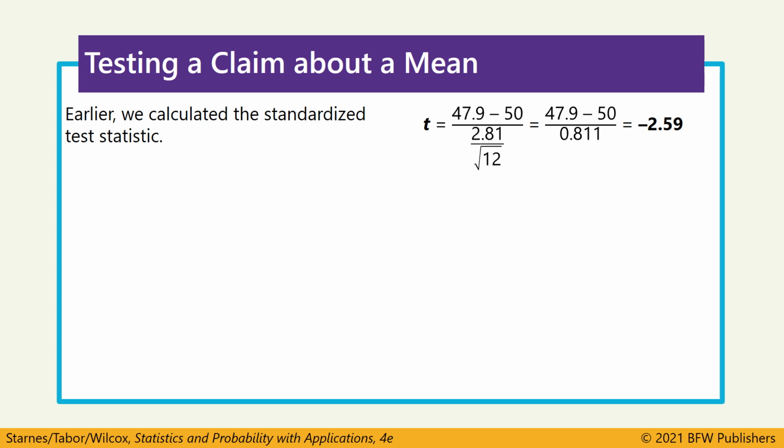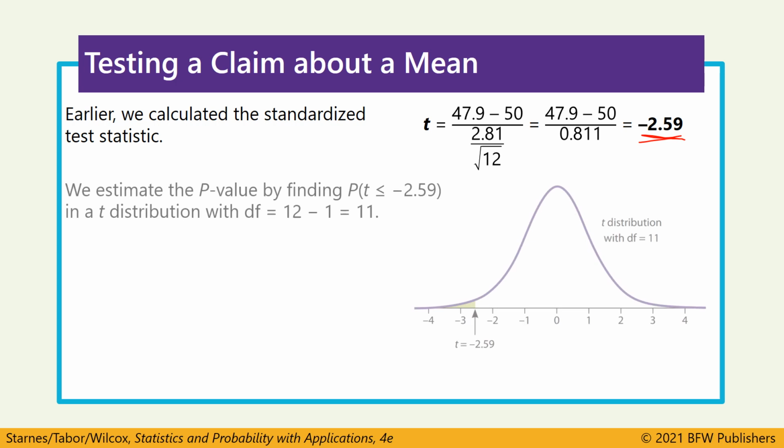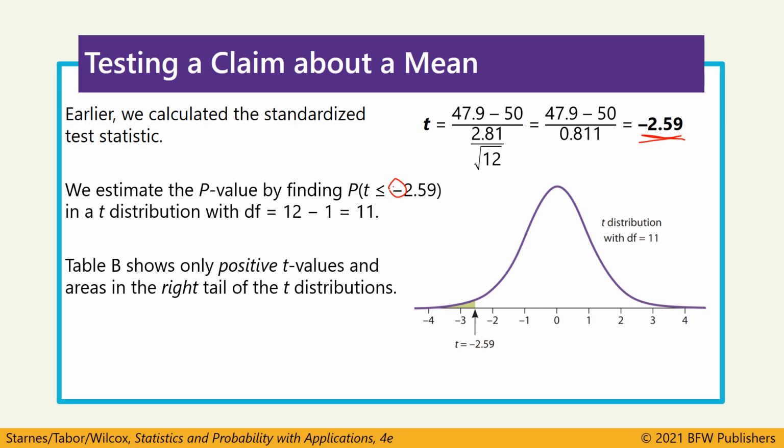Now, looking this up in the table is a bit more complicated for t-scores because it's not like a z-score table where we have a whole bunch of numbers along the left and the top that we just look up negative 2.59. Okay, so we won't find that value exactly, and instead we're going to be looking for a range. But to start, one thing you'll notice on a t-distribution is that all the values are positive. Right, you'll see degrees of freedom along the side there along the left if you look at your green table, right? But you won't see any negative values. And that's because the table is symmetrical.